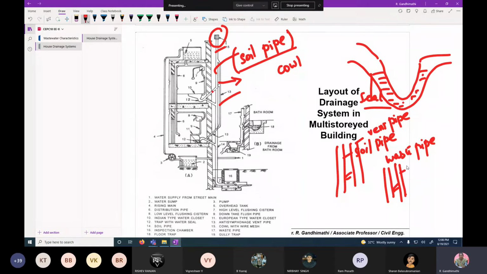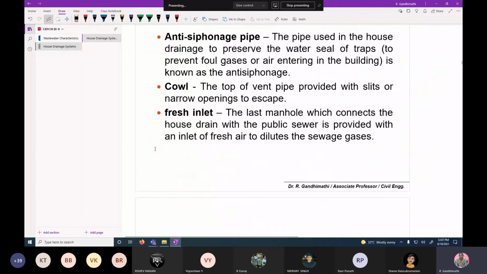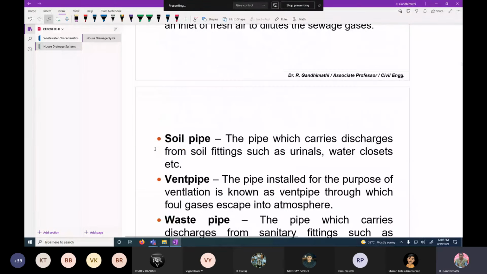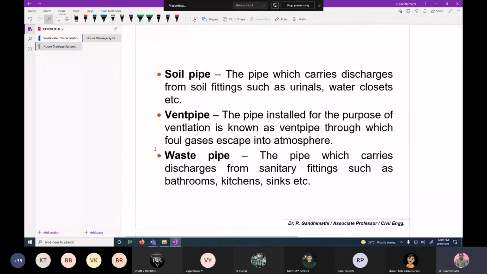But in some buildings, you have only a soil pipe, which itself serves the purpose of the vent pipe. Based on this arrangement, there are different types of plumbing system like single stack system, one pipe system, two pipe system, partially single stack system, that we will see later. Now you just understand the meaning of the different components.